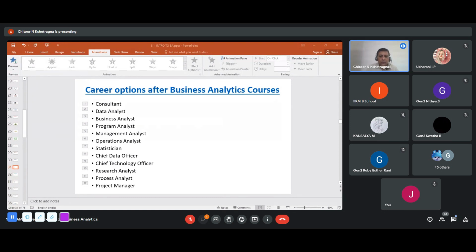Any customer problems, you're taking it back to your core team, you're solving it. So it's more about group dynamics. It's all about people management. That's a project manager, right? So analytics companies also have project managers, but you need to have relevant experience, with 7, 10 years experience being a consultant or being a data analyst or business analyst. You get into a management role, right?